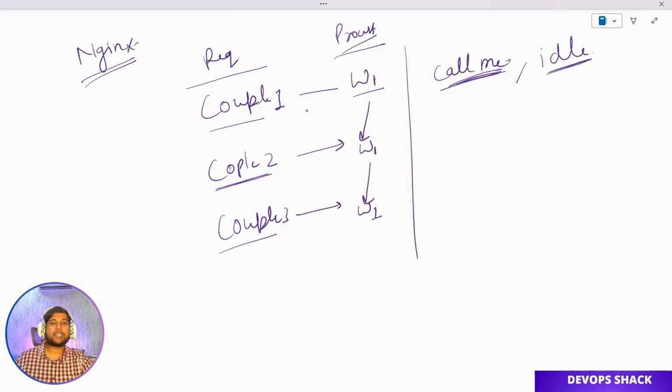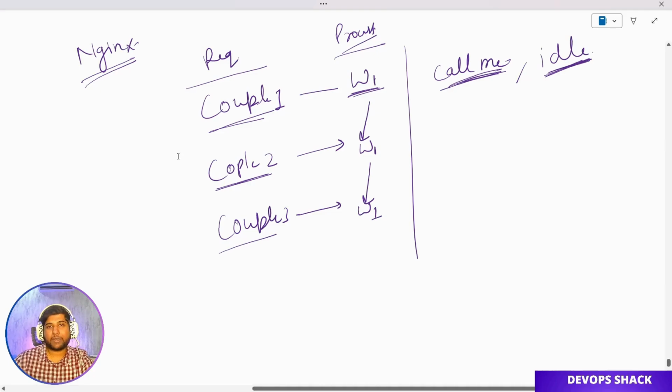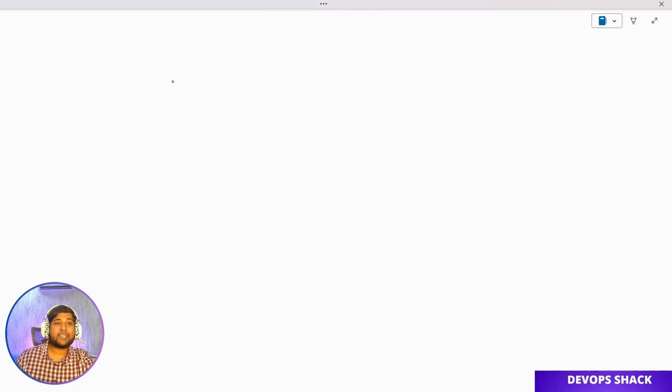Event driven means that once the couple says okay, we have decided, something is happening there, and then the waiter will go back and handle the request. And he's also not sitting idle, going to another request, whatever request is coming. These two things I am specifically defining because Nginx is a kind of event driven and